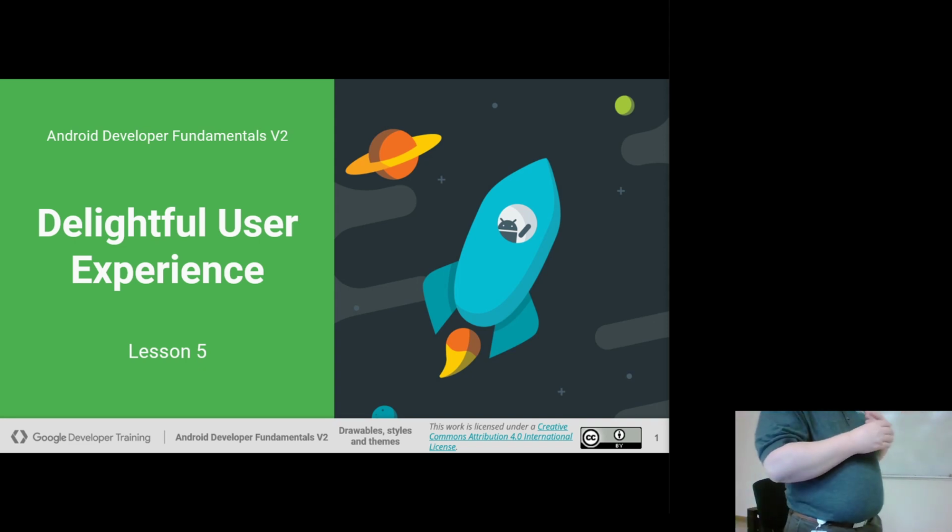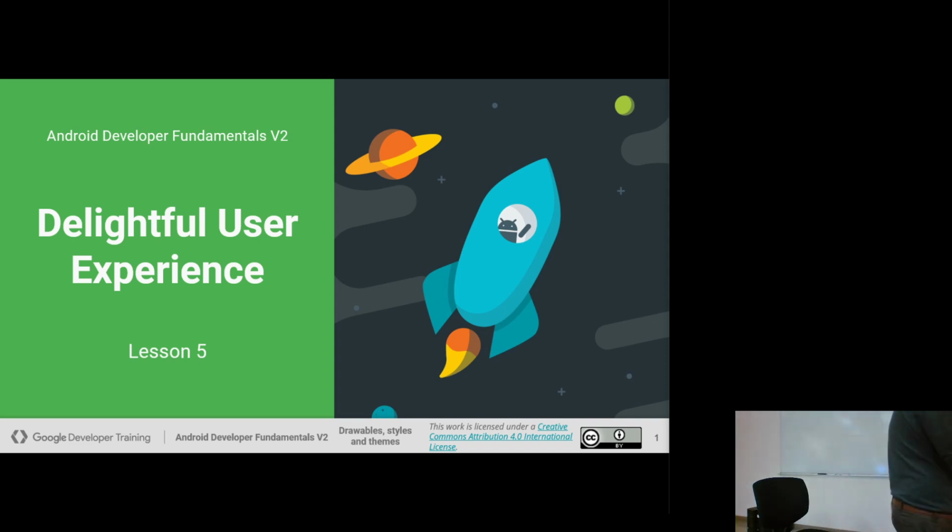So getting into chapter 5 today, we spent a lot of time in chapter 4 talking about how to actually make the user interface and how to actually interact with the user. So chapter 5 goes a little bit deeper into how do we make that user interface more friendly, right? How do we make it look better? Okay, so there's a lot of tools in this kind of chapter that will deal with how does the UI